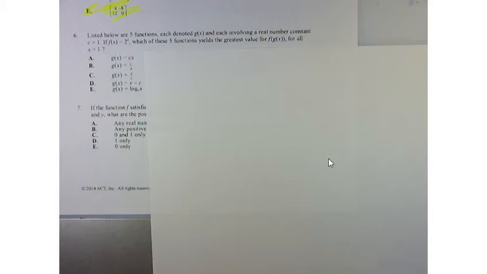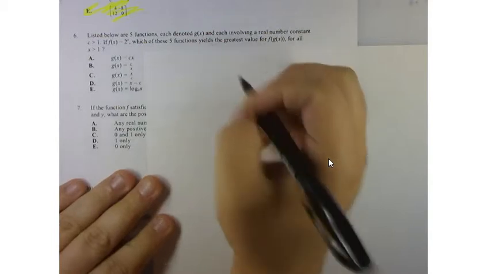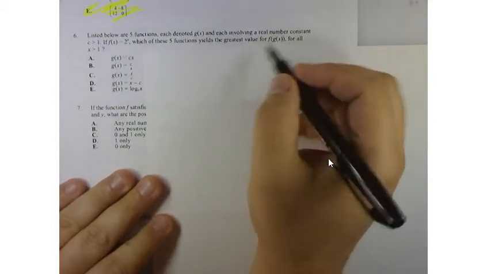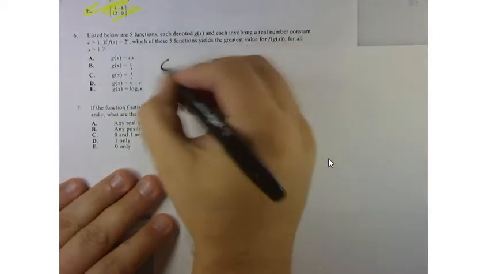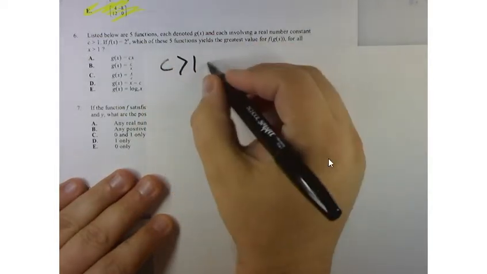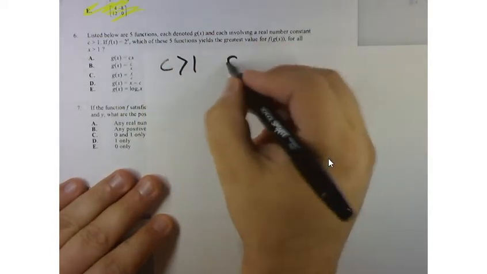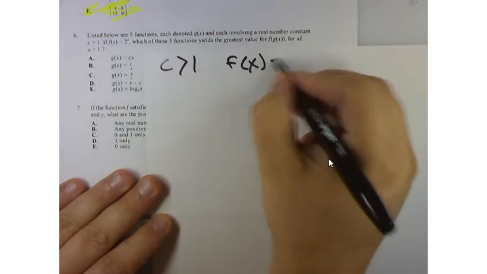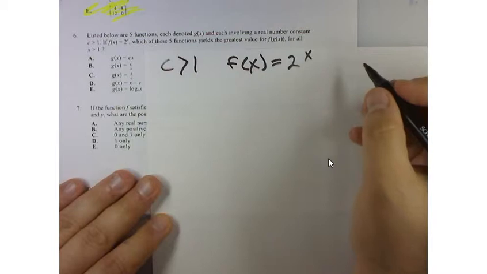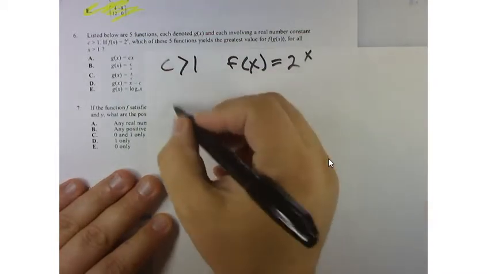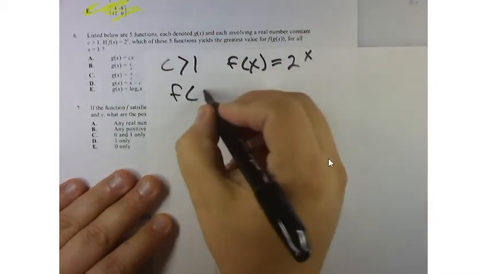Okay, so problem number 6 says listed below are 5 functions, each denoted by g of x, each involving a real number constant c, where c is greater than 1, and f of x is equal to 2 to the x. So the question is, which of these 5 functions yields the greatest value for f of g of x